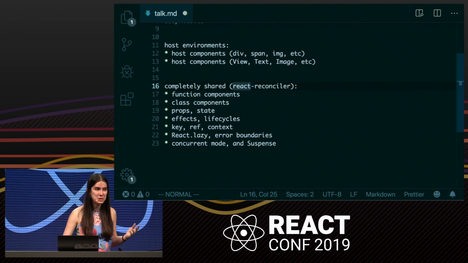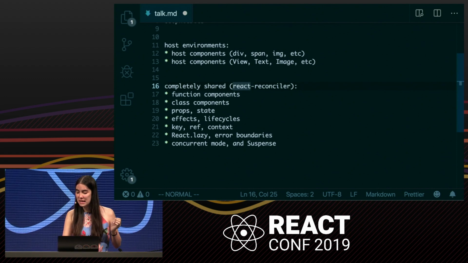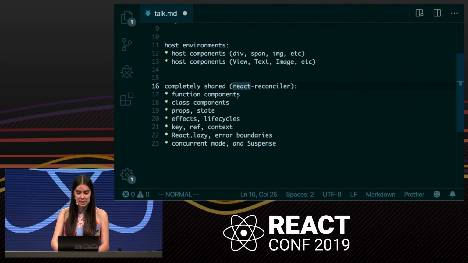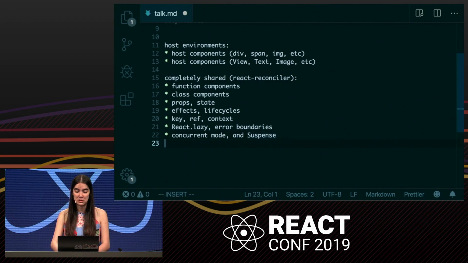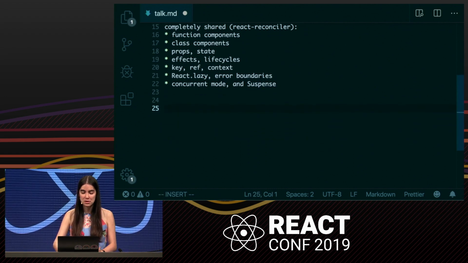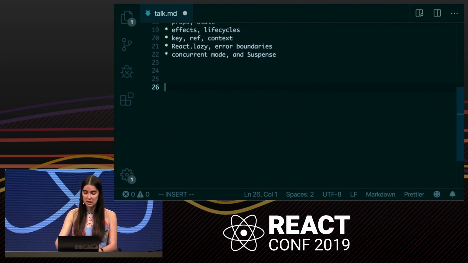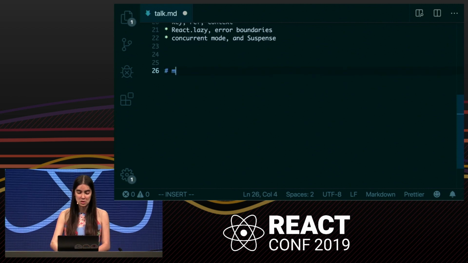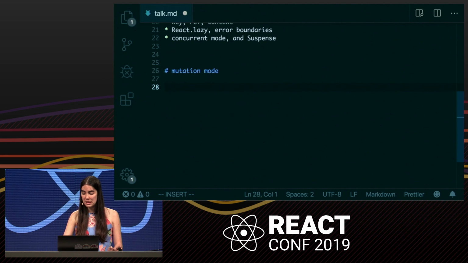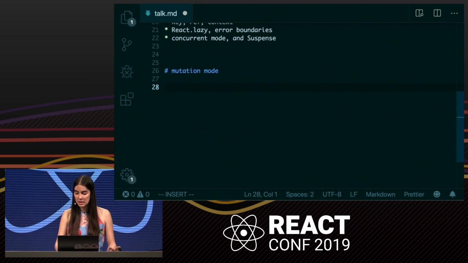It's not nearly as stable as the main APIs, and it doesn't have a ton of documentation. But you can build your own renderer using that package, and that's what I'm going to show you how to do today. The reconciler package has two different modes, depending on what kind of host environment you're trying to integrate with. The first one is called mutation mode. You use it whenever you're integrating with an